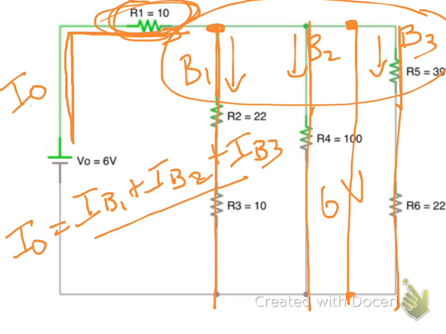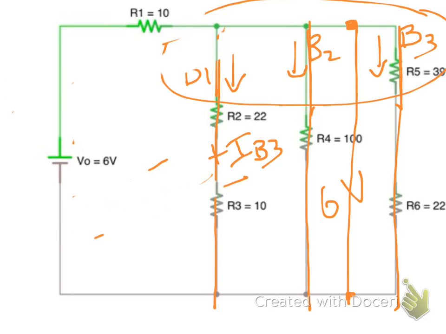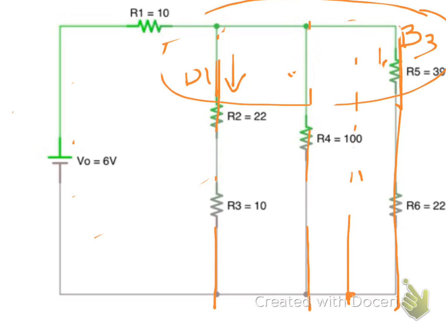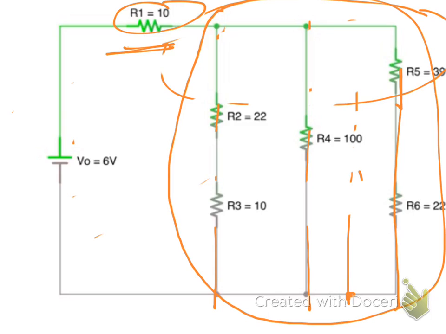So let's erase all this so we can break it down into what we are looking at. Again, we're looking at resistance. We're finding total resistance. So in order to do that, I have to figure out what is in series with each other. If I take a look at resistor 1, resistor 1 is in series with this whole parallel section. So when we go back to the equation, you're going to see R1